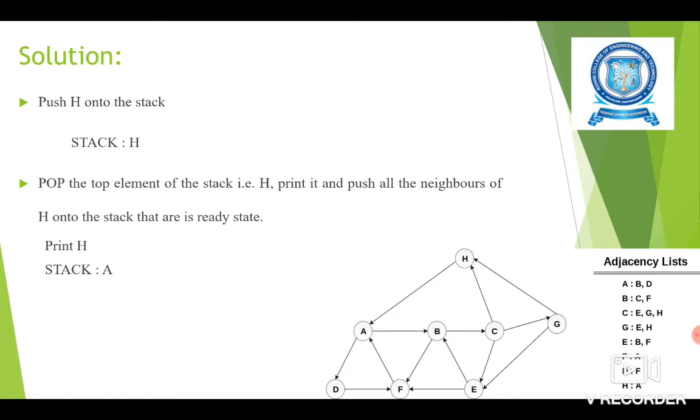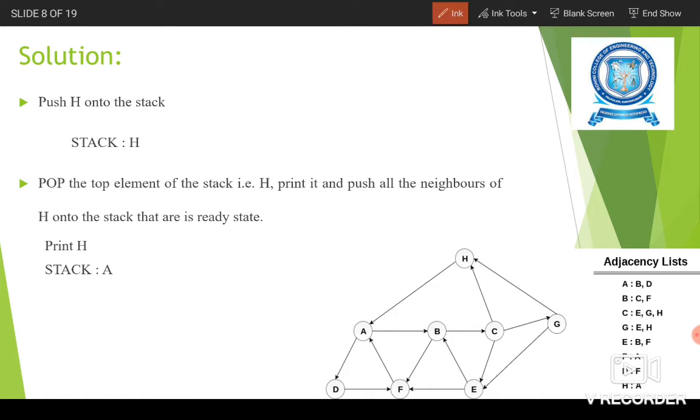So you have to pop the topmost element from the stack. Since we have only one element, it is the topmost element, that is H. So H is popped out and it is